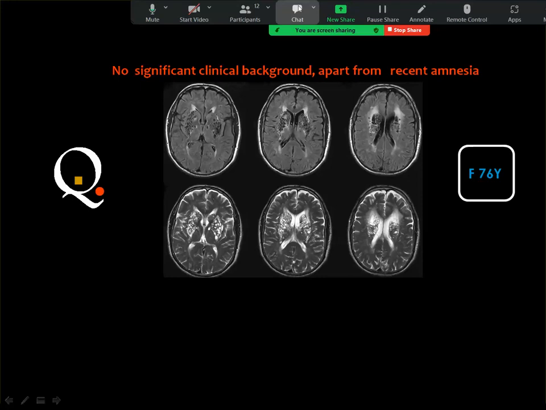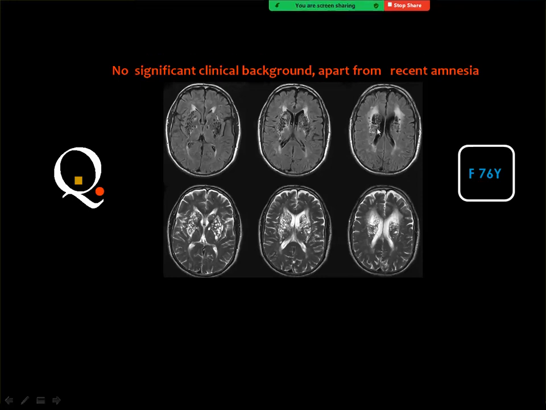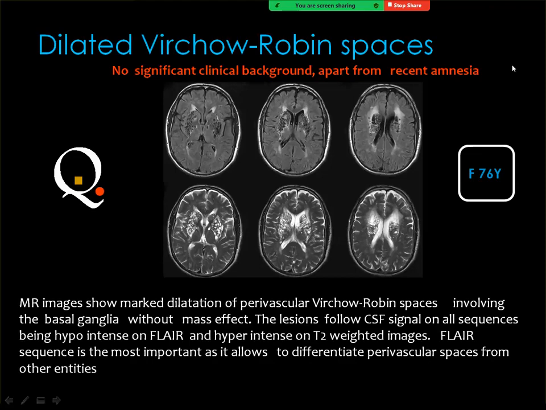In this FLAIR and the T2 weighted images, you can see many cystic lesions, particularly in the basal ganglia. And these lesions are exactly of CSF signal in the FLAIR and T2 weighted images. And this is diagnostic of